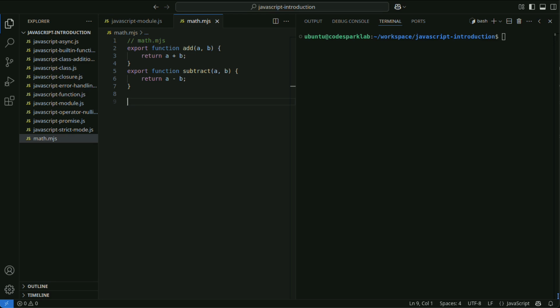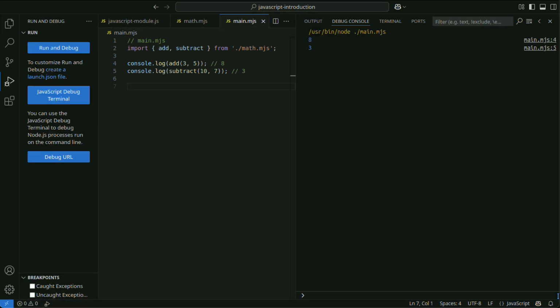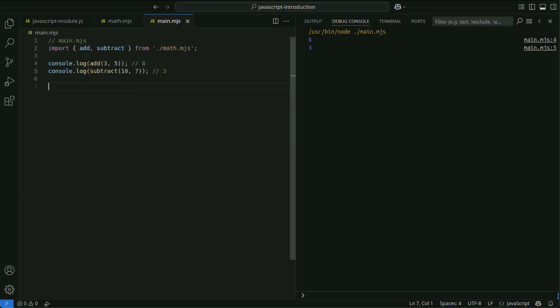Modules can be imported in ES modules as follows. In this way, using import, you can easily utilize functions defined in other files.